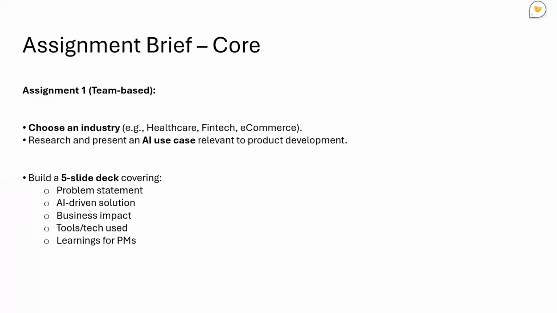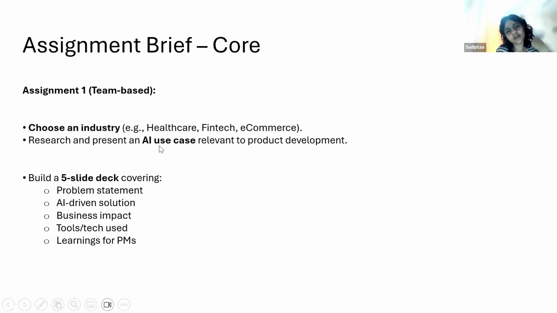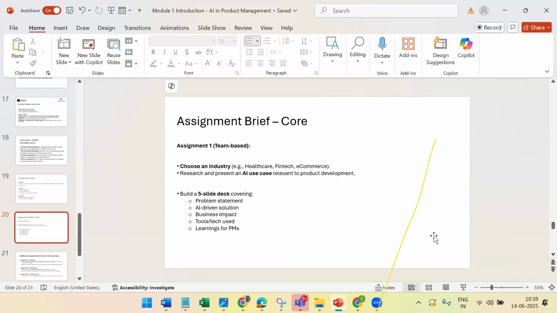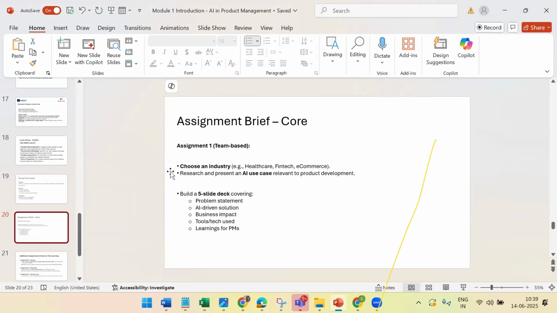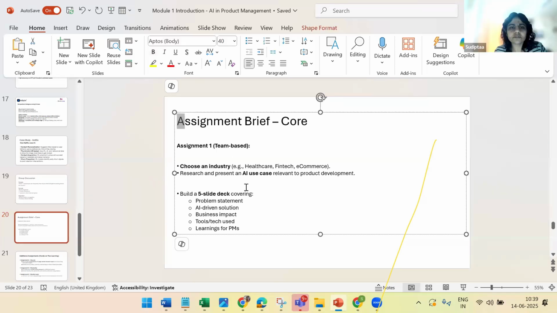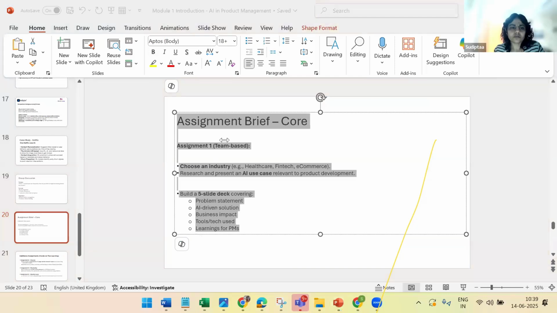After business impact, what are the other 2? Wait, one by one. So first take this particular assignment. I will also give you the second assignment, but let's first take this assignment. I'm not able to see the last content, ma'am. After business impact, what is the point? Yeah, build a 5-slide deck covering problem statement. Okay, wait. I will give you this assignment. Yeah, I'll give you it. So assignment 1. Okay, so this is 1.